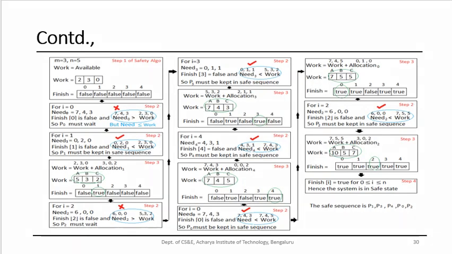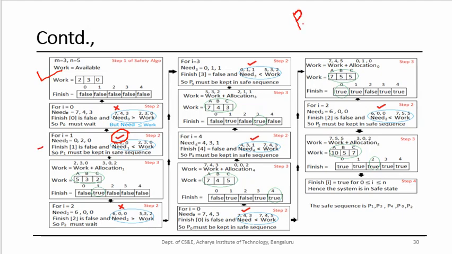So I will not explain all the steps again, but what you have to understand here is, wherever I have put this right mark, that process's need is less than the work, and its finish is false, so that can be added to the safe sequence. So therefore this is P1. What is the value of i? It is 1.